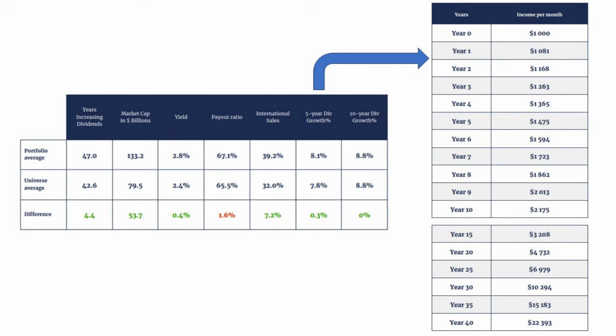So you can see it starts out in year zero at $1,000. After 10 years, your income has doubled, and then you can read down. You see after 40 years, it's more than 20 times. So just imagine this strategy working over multiple decades and the sort of income that you'd be realizing from it without even having touched your principal. Now, we're going to talk a little bit about how the principal behaves over time, but I wanted to take